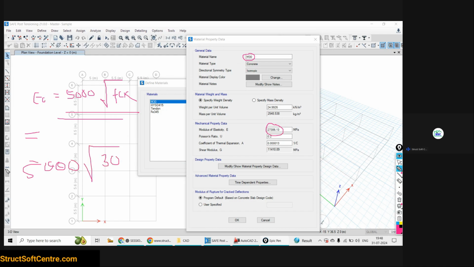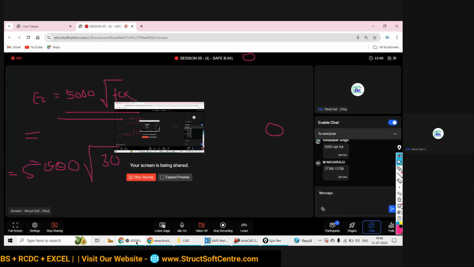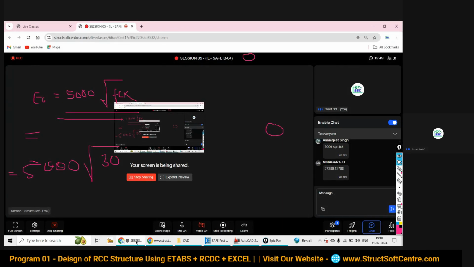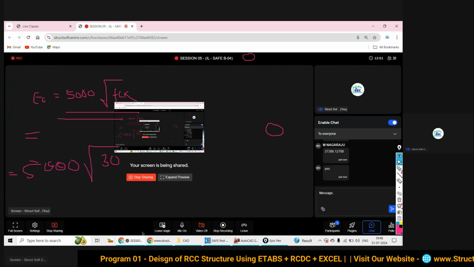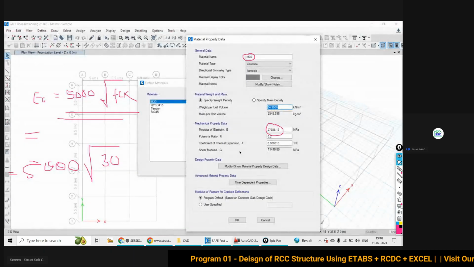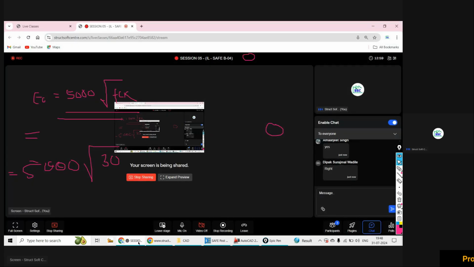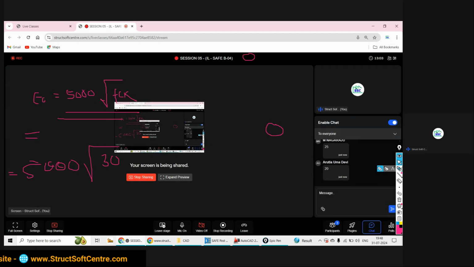Let me know what is the answer for M30 grade of concrete. Is it right or wrong? Yes, it is the right one. But we have to choose the grade of concrete. What grade of concrete do we have to use? Not 25. Who said 25?